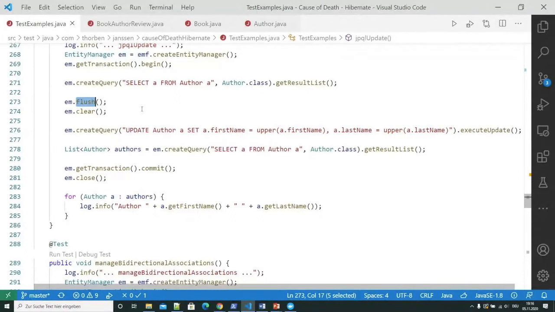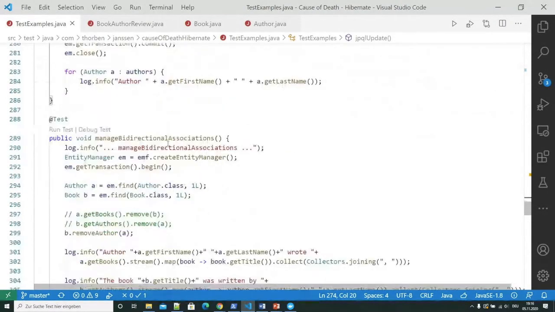And then you start digging and searching, and at some point you probably find a clear without a flush, and you just ran into the situation that some parts of your business logic triggered a flush, which wrote a few of the changes to the database, but there were some that were performed between the last flush and the call of the clear, and you just lose them without any warning. So better be careful about that.